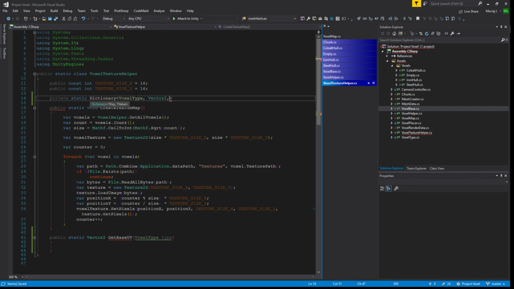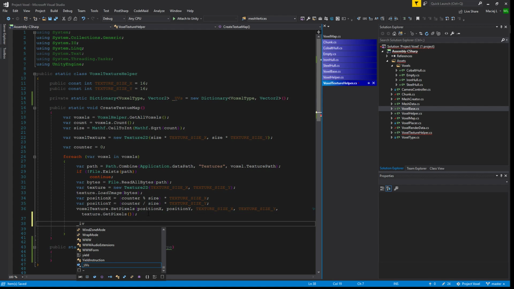And this just will be like that. So this will be UVs equals new, and we'll just do UVs